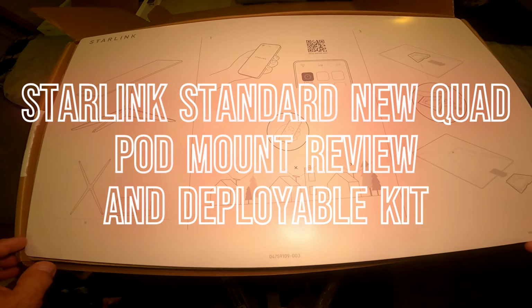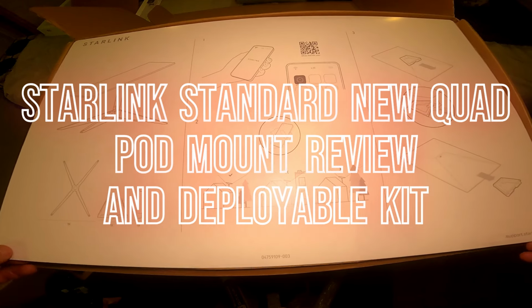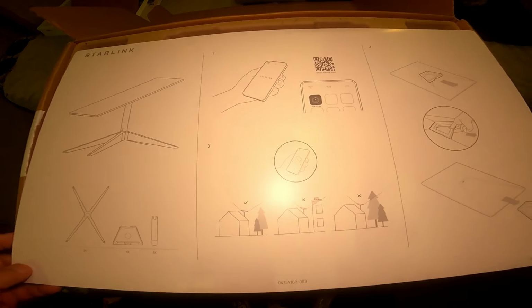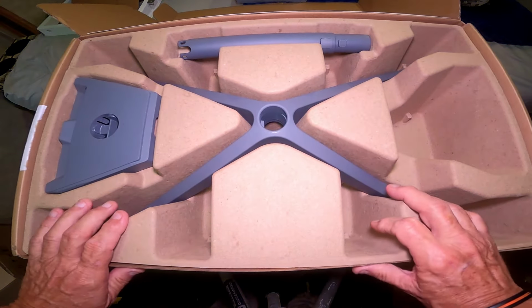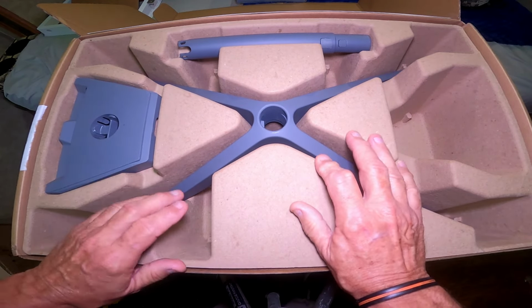All right, we're going to take a look at the new product from Starlink. Came out September 24, and it's got the standard card in there. We're not going to do a lot on unpacking. It's pretty simple. And what this is, it's reminiscent of the standard